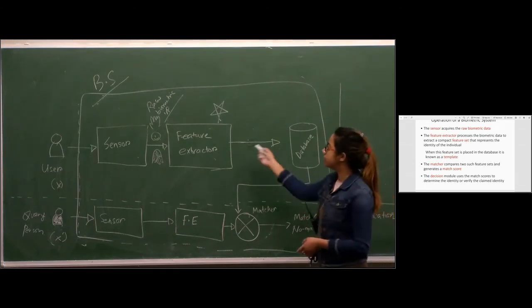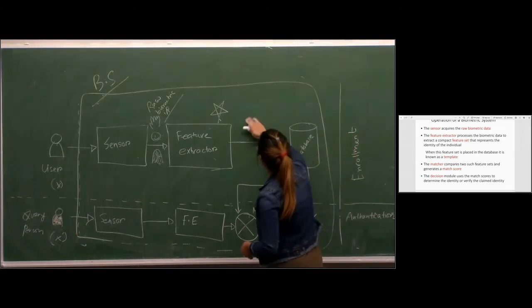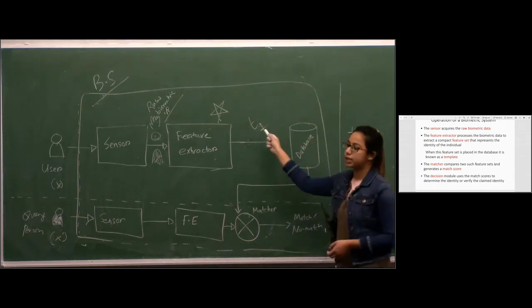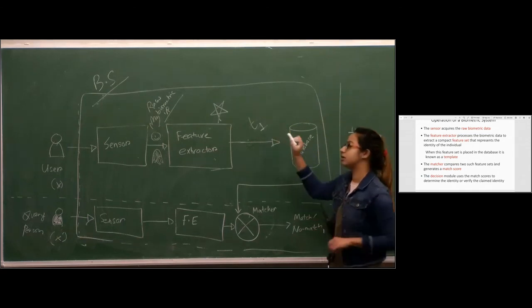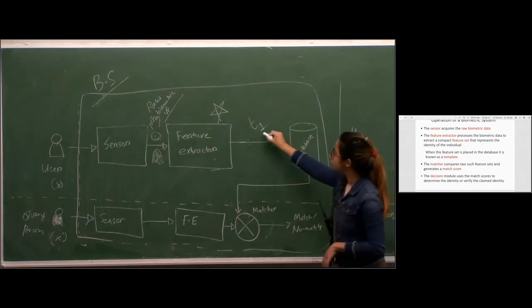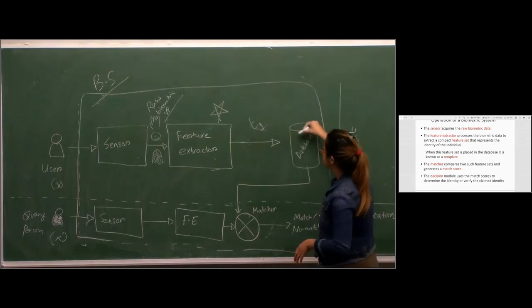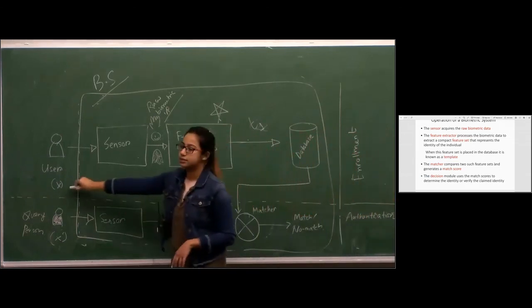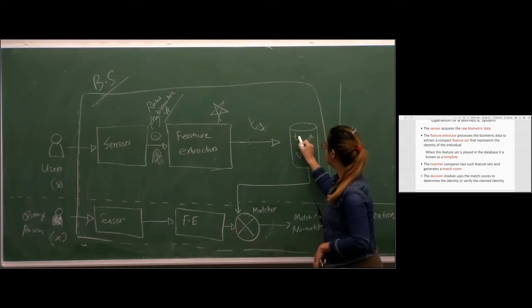So once the features are extracted, suppose I can call this T1. This is the biometric template, after modifying the features, or handpicking some very good features. Once you are done with the feature extraction process, you will send this feature to the database. That means user X is now enrolled in the database with name T1.